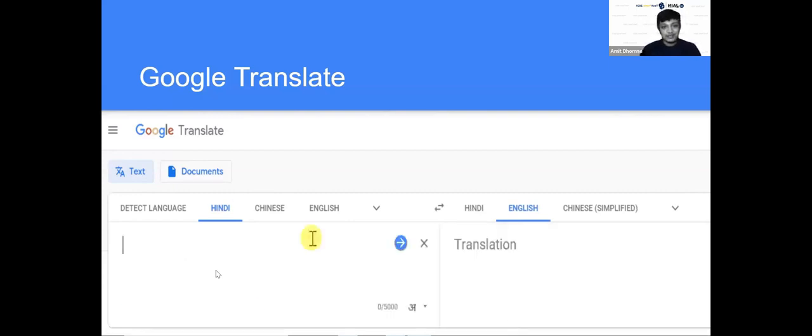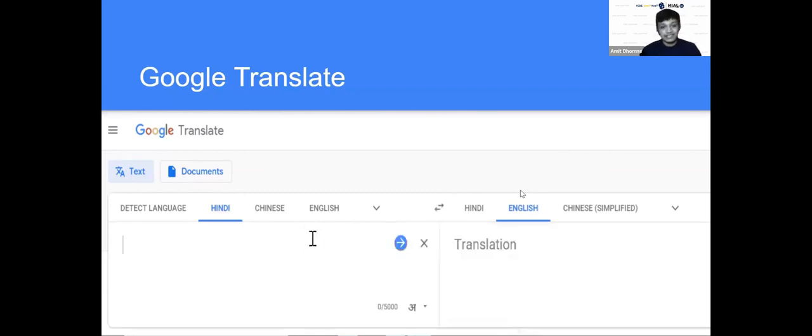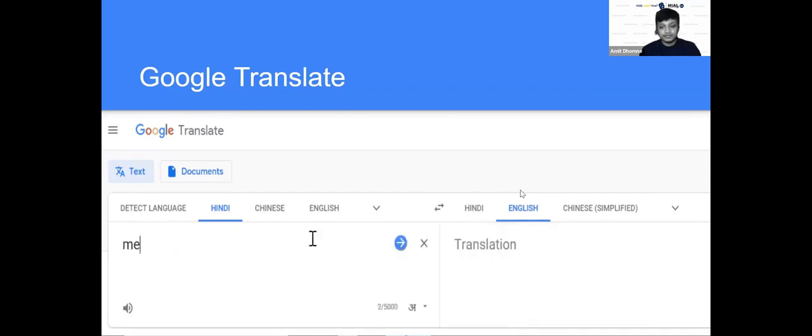I also used it when I started using a mobile. I was playing with this, but later I came to know that this is a very good application, and it's really helpful if you are alone and outside of India or in any place where language is a concern, then you can use it.